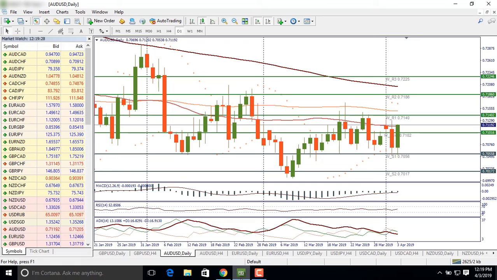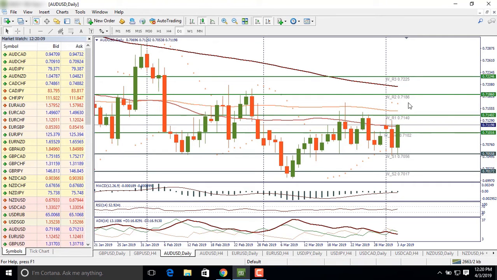Now let's consider the charts. First, let's look how the Australian dollar has been trading against the USD. We can see that the pair bounced from the weekly pivot support at 0.7056 on the risk-on sentiment and has been rising towards the weekly pivot resistance at 0.7140. If the risk-on sentiment in the market continues, bulls will manage to break this level, and the next support